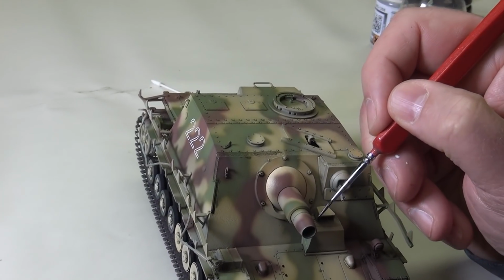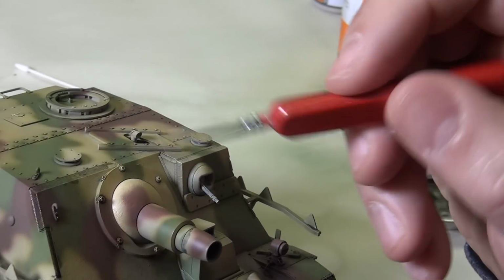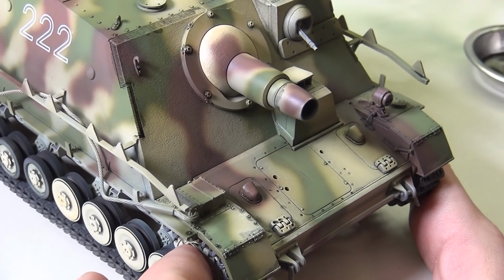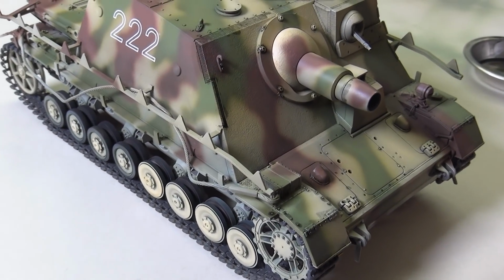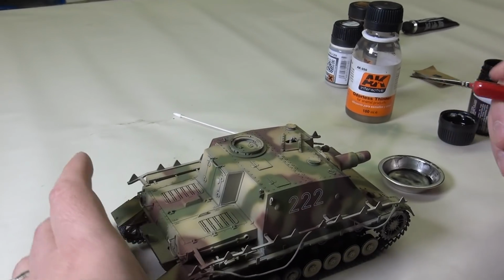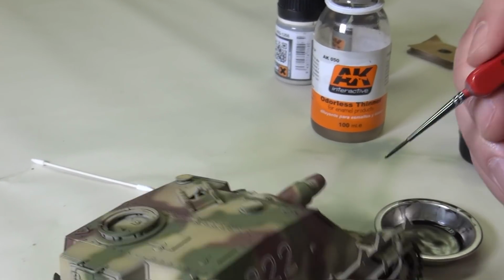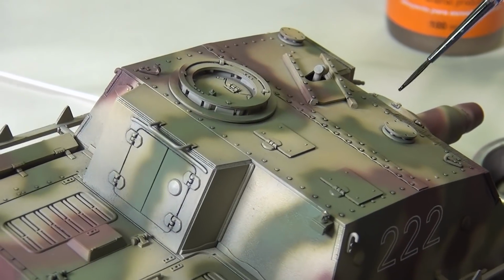Let's put in here on the gun this nice seam here. And then what I do is I'll let it dry, and then come back at it with a brush moistened with thinner, or you can use these handy dandy makeup sponges and just kind of wipe things off. And you can come back. I've come back as late as like a day later, 24 hours. I won't leave it much more than 24 hours. Actually, I'd really try and get it off within about 30 minutes of applying it. I might hit this with a hairdryer to accelerate it for the sake of filming here, but